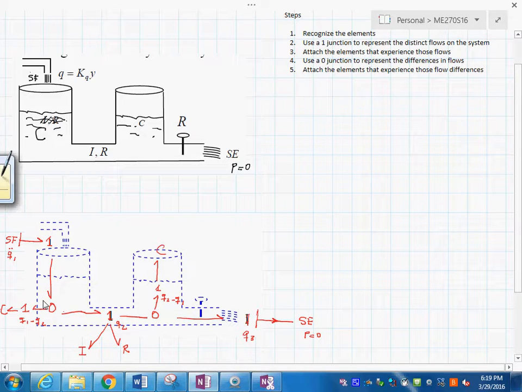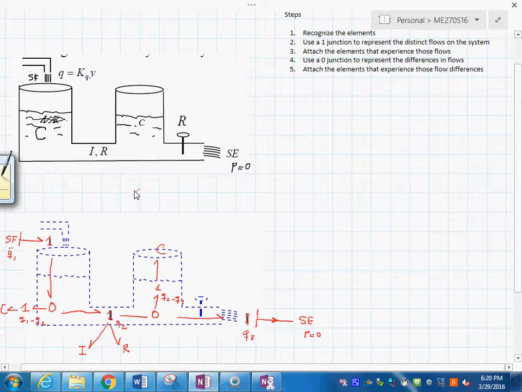Yeah, and the actual system itself. So you have in here, you have the right here, you have this flowing here, you have this also right there. The difference between this and what goes in here is what goes into the tank. That is done by the 0 here, and there's the tank, the C element. The I and the R are over here,